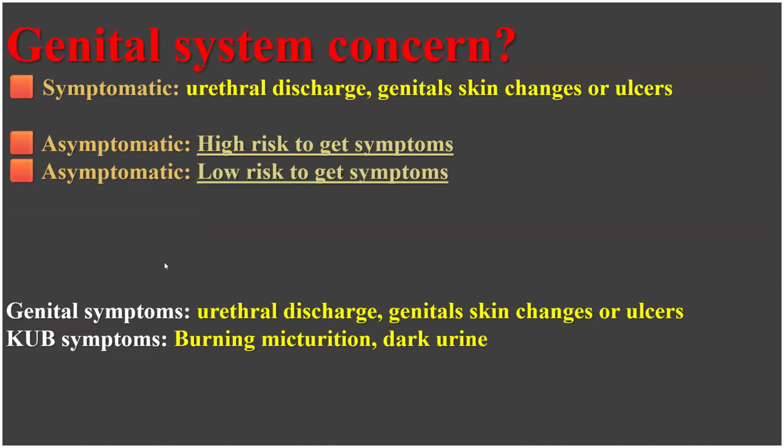Doctor, here the patient has no genital symptoms, but he has KUB symptoms, burning micturition. The patient is considered asymptomatic from the point of view of genital. Okay. So this patient is low risk because only one non-regular partner from the same area, from the same country, and female. If you ask me, I will say female. And the patient has no anal sex. So this patient, you can reassure and discharge, right? Yes. Which is first, diagnosis or management plan?